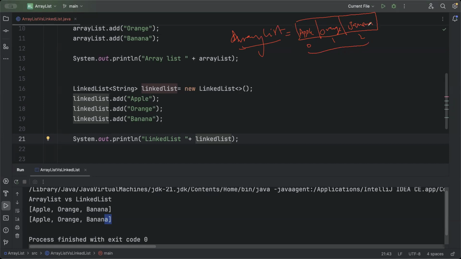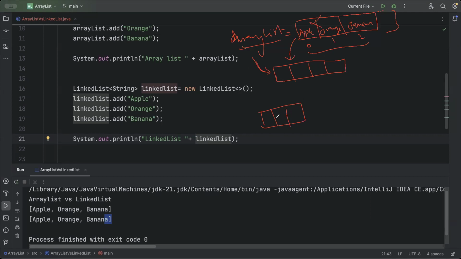Let's say you want to add another element. If the space is available right here, it's going to give you the space straight here. But if it's not, behind the scenes, without us knowing anything about it, it will create a new space, add the element, duplicate all the values there, eliminate the old array, and then start pointing to the new one. That's something very expensive behind the scenes. But here